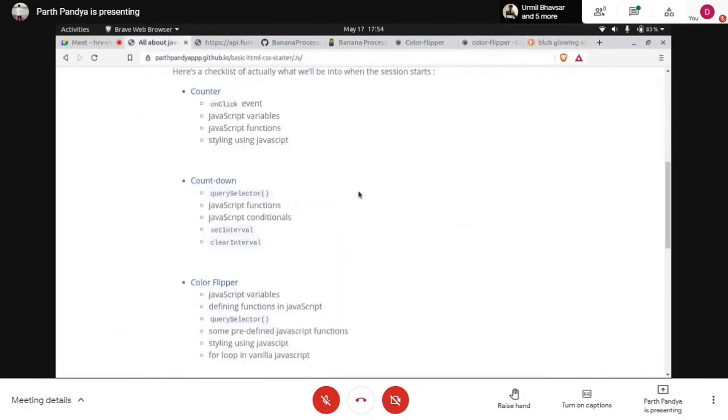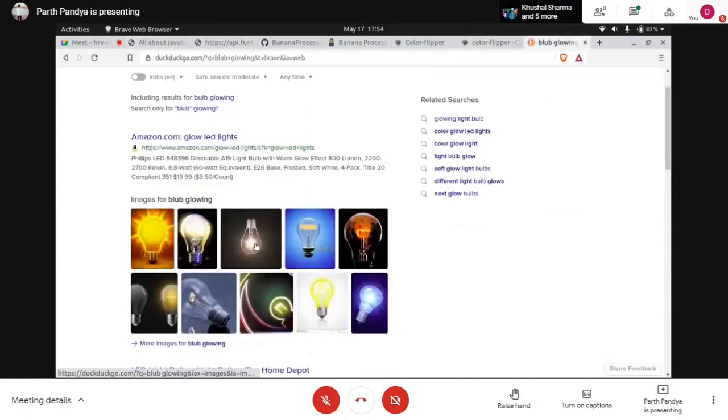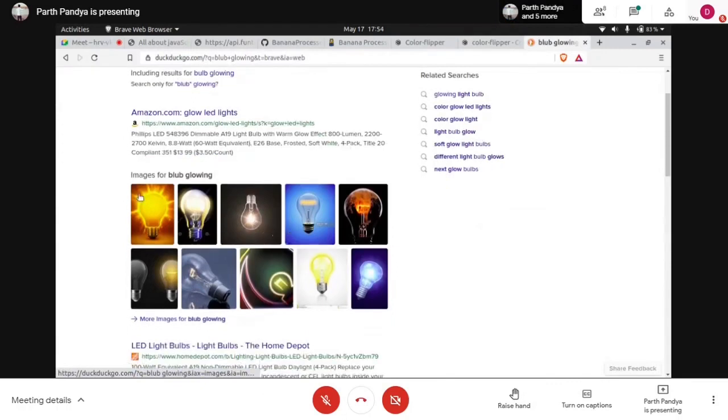Okay. So what you have to do is create a button, right? The text inside the button should first be switch on, and when you click on that button, the image should change to a bulb glowing, right?